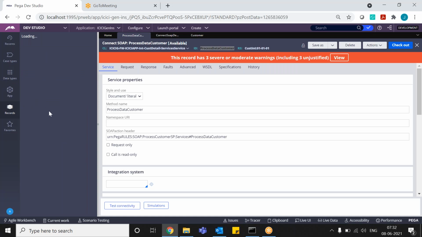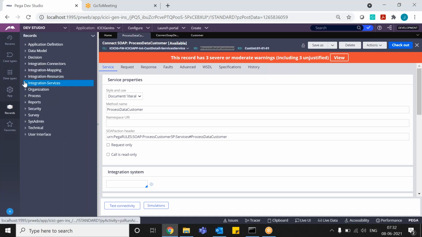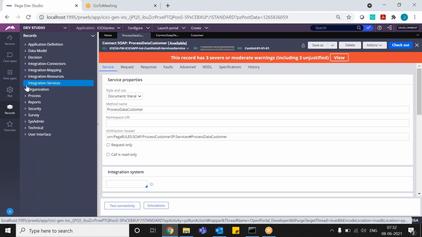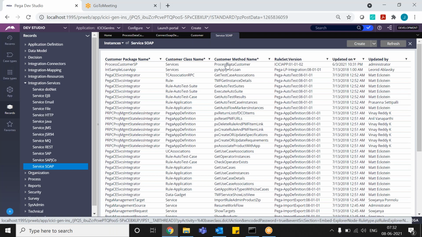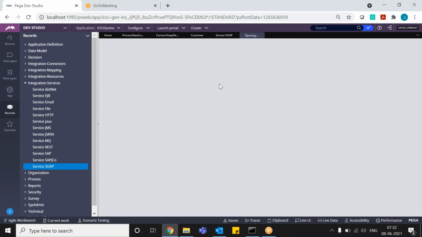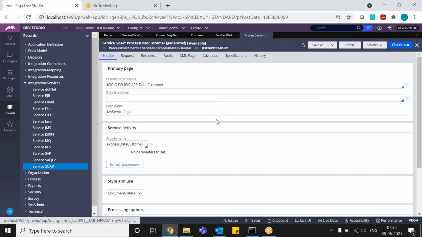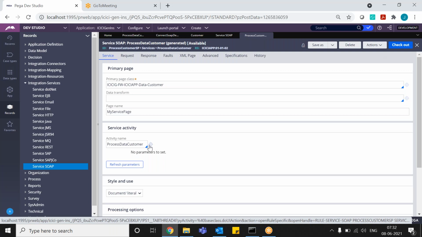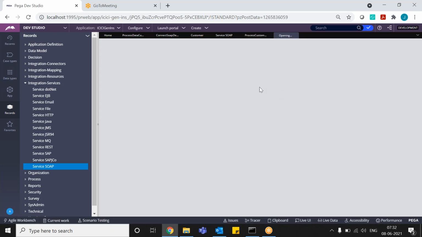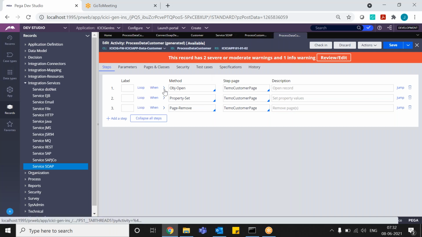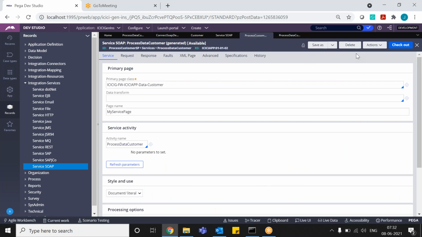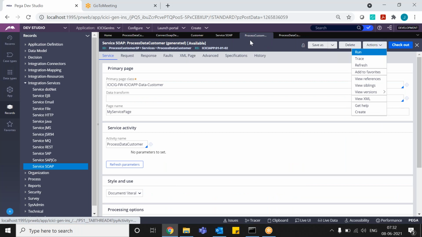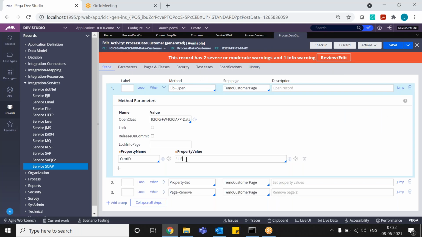Okay. Here also you hard coded cust ID. Yeah, cust ID I gave 11 only.